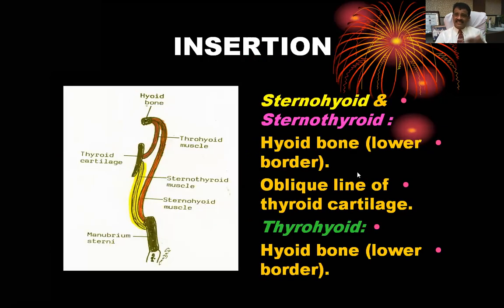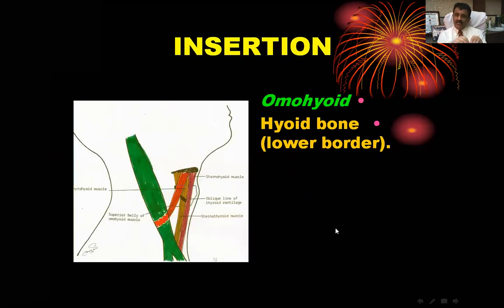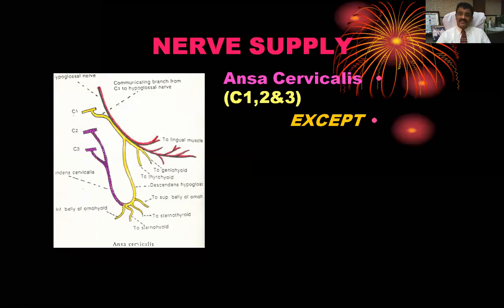Okay, and insertion of all these muscles, if you see sternohyoid and sternothyroid, they are inserted on the hyoid bone lower border and oblique line of the thyroid cartilage. Okay, thyrohyoid is inserting on the hyoid bone lower border, and insertion of omohyoid is on the hyoid bone lower border. So everything has to be on the lower border itself. So these are the origin and insertion of all these muscles, and nerve supply of all these muscles is ansa cervicalis,